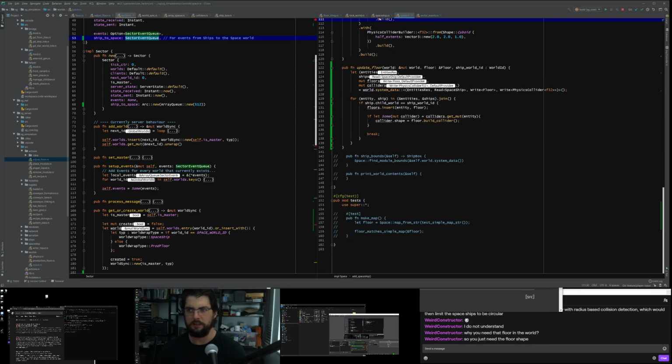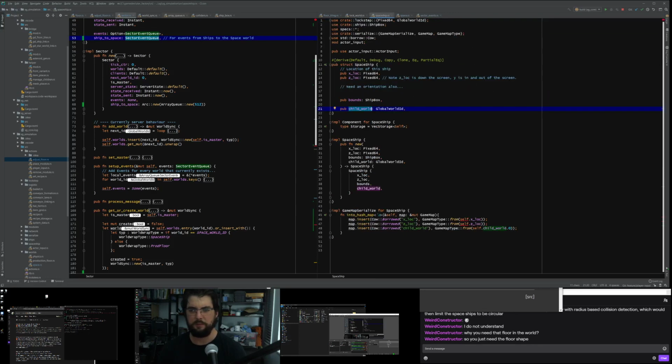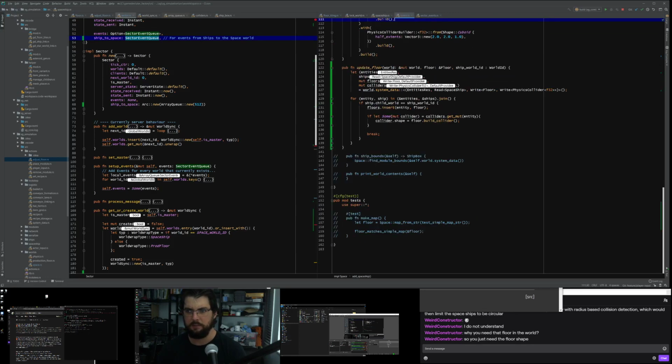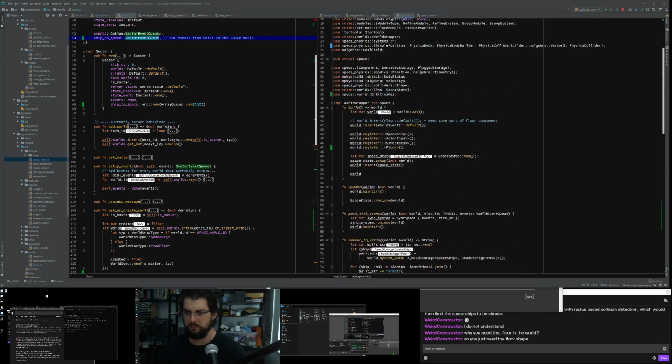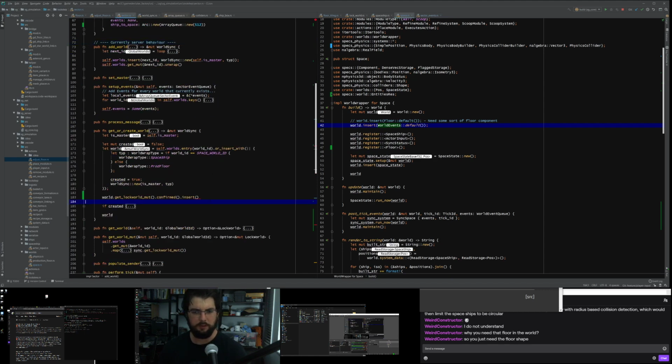So resources are like data and specs. You just can shove them in space. You just insert them. Off we go. With the default value. So here we're just going to insert our self dot events dot ship to space events. Later on we might want to make a class here that manages that.